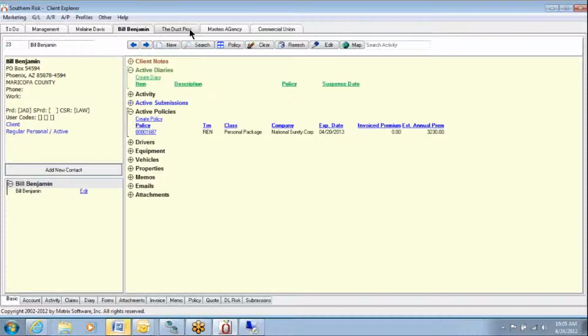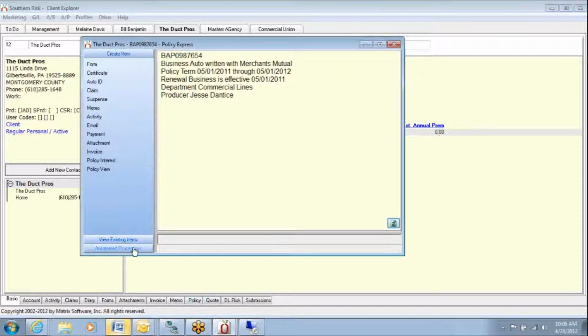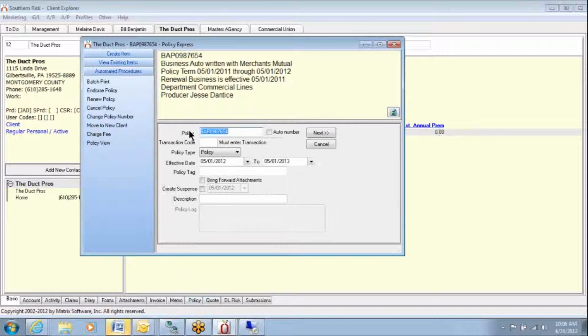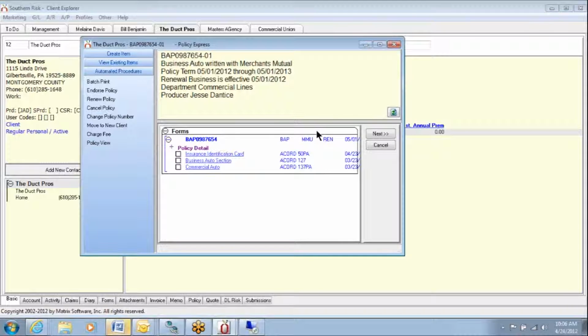The next situation is the Duck Pros. This policy is showing here, so I know I do not have to go to the Policy tab. I simply click on the policy, go to Automated Procedures, choose Renew a Policy, but in this instance, let's say that the policy number changes. Let's say that it's an extension such as 01. Again, I just type in my transaction code and make sure that my policy period is correct and just simply